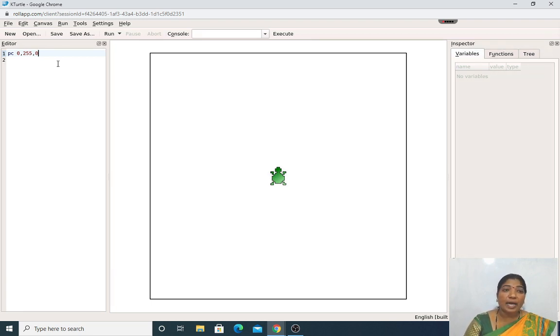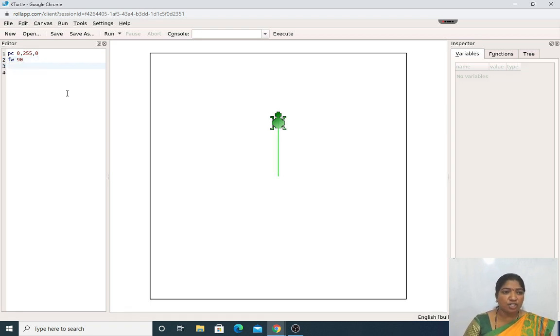Okay. That is pen color 0, 255 and then 0. If I move the turtle 90 degrees forward, what happens? It has changed the color of the turtle pen. It was default black, but now using the pen color command with 255 in the middle position, that is RGB. Look here, my dear students. R will be 0, 255 is the green color and then 0 will be blue.